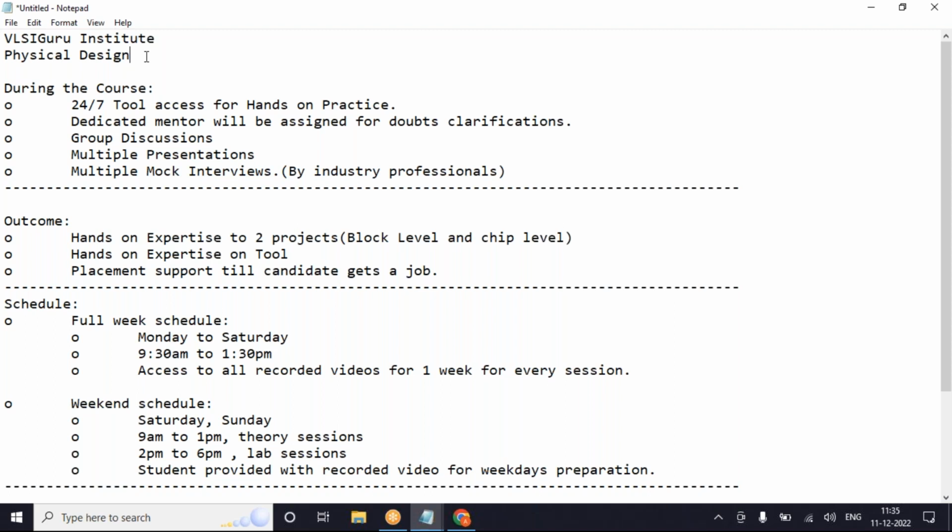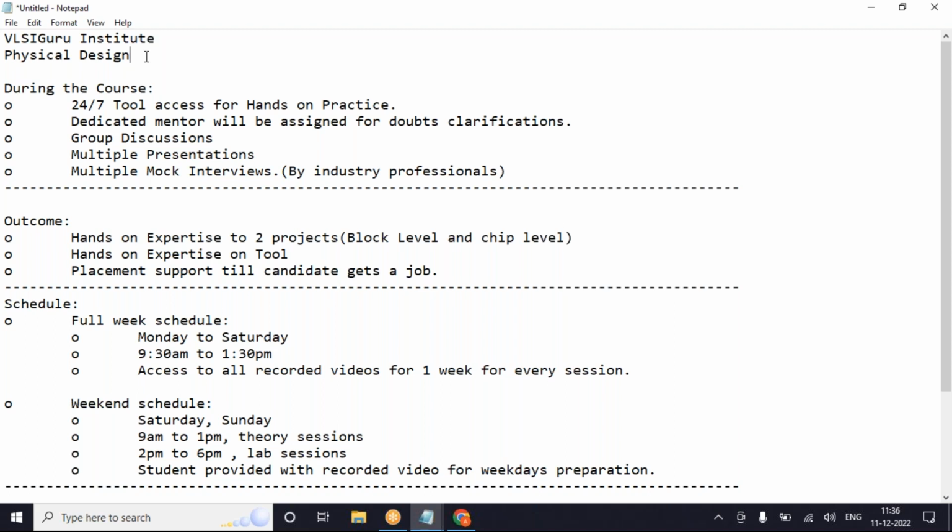So with respect to a particular module, the particular tool is used. For example, if I want to do floor plan and placement, I will be using the ICC2 tool. Whereas if I want to go for synthesis and STA, I have to use the PrimeTime tool. So once you move towards the TCL, we will be providing you the ICC2 tool, and after the TCL, you will be completing the basic training of two months.